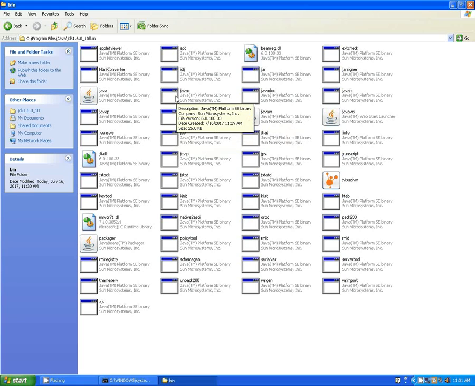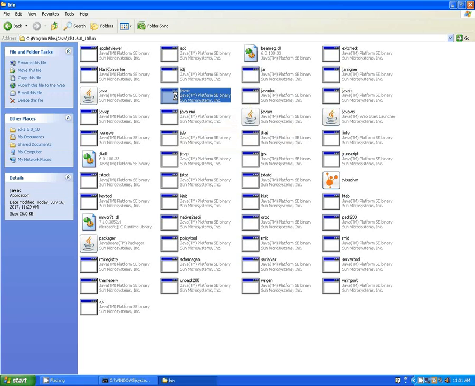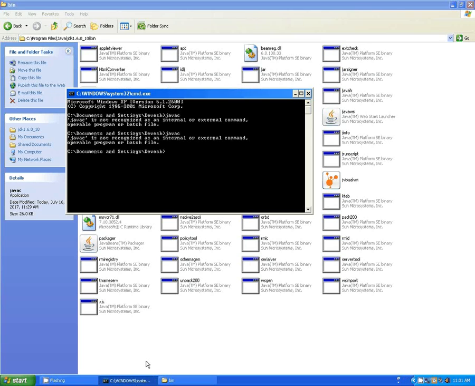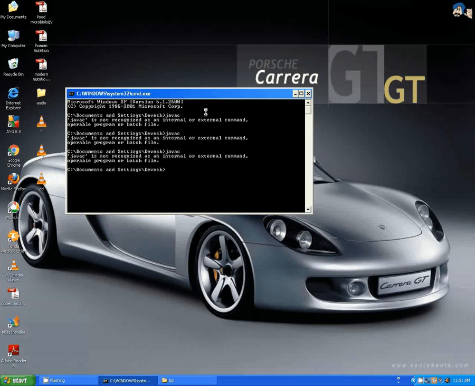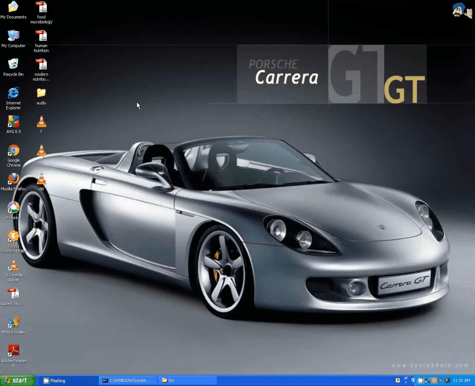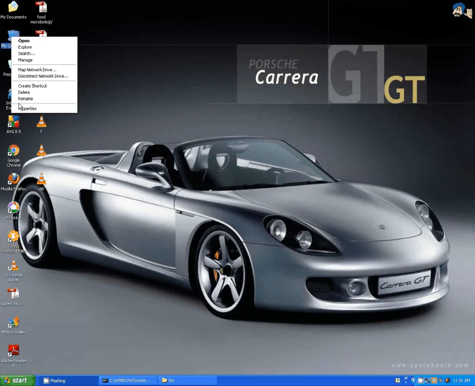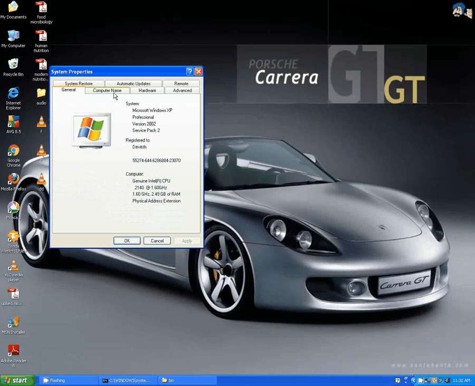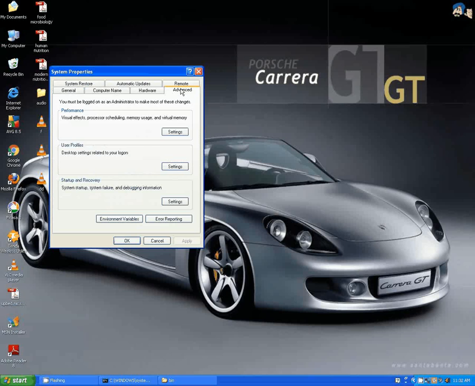If you execute it from there, it gets executed, but if you try to execute it from here, it is not executing. So how are you going to set the path of Java? In order to execute that compiler, you have to right-click on My Computer, go to Properties. In Properties there are so many tabs. You have to click on Advanced. In Advanced there is Environment Variables.